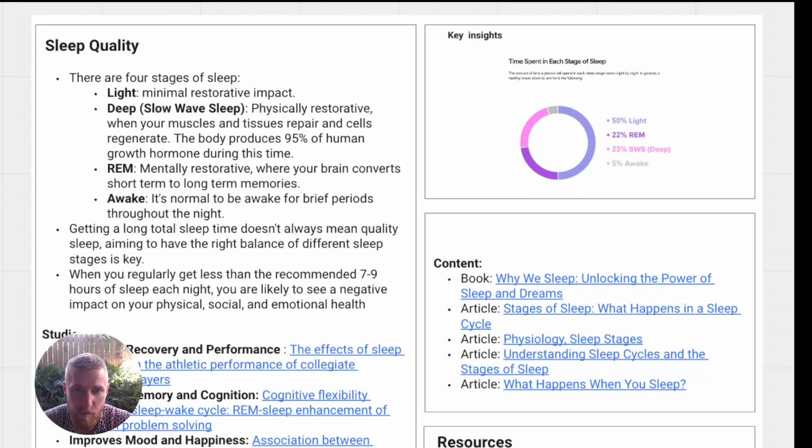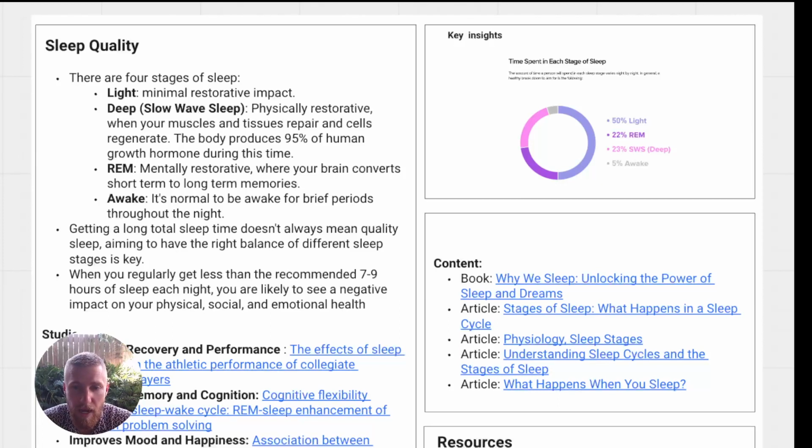So sleep quality, I guess the first thing to consider is getting enough sleep duration. If you're getting between 7 to 9 hours of sleep, that's when it's important to still look at the amount of sleep you're getting in your different sleep stages to understand your sleep quality. But the first thing would be just to make sure you're getting enough sleep duration. So if you're getting less than 7, especially if it's as low as 4 or 5 hours of sleep, the first thing to do would be to try to increase your sleep duration and get within that 7 to 9 range. Then once you're in that range, start looking at your quality of sleep.